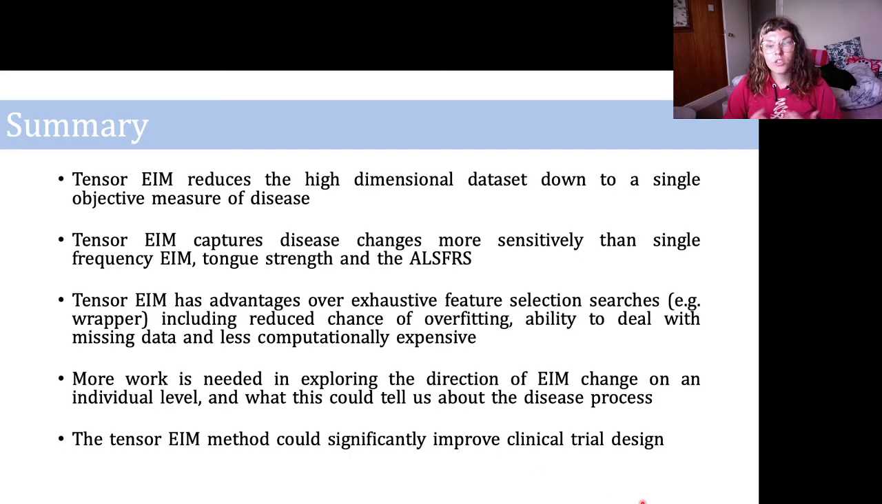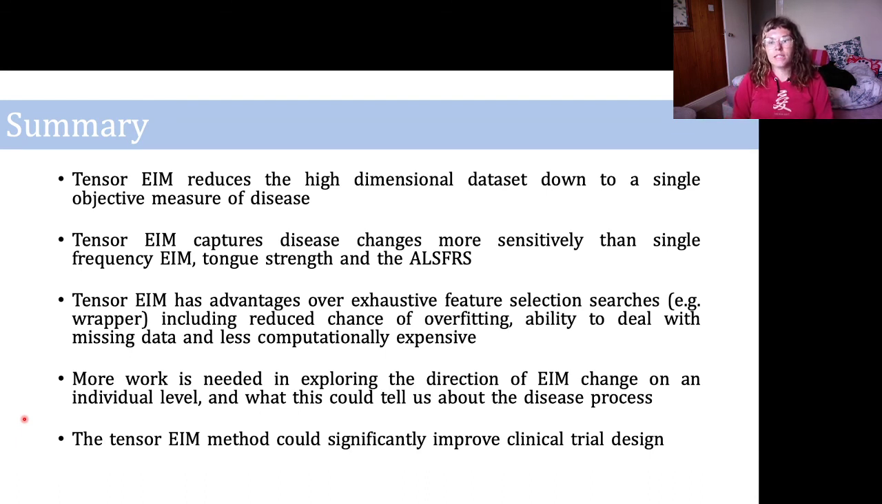So in summary, I have developed the Tensor EIM method, which captures our information out of the very high dimensional data set into a single objective measure of disease. This is able to capture disease changes much more sensitively than the single frequency EIM, tongue strength, and the ALS-FRS. This method of dimensionality reduction has many advantages over just applying exhaustive feature selection searches, such as the wrapper